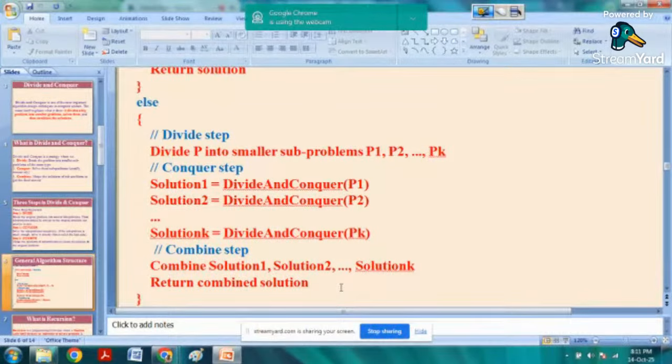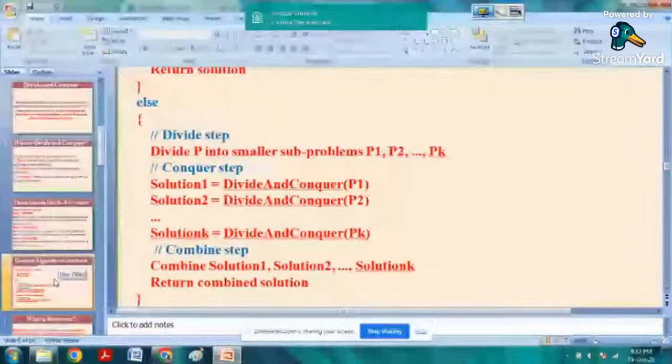This is the algorithm or control abstraction of the divide and conquer strategy. This is very, very important. If you know the basic concepts of divide and conquer strategy, then you must understand this algorithm. Now, I already told you that in this divide and conquer strategy, we are using a recursive technique. Then the question arises,